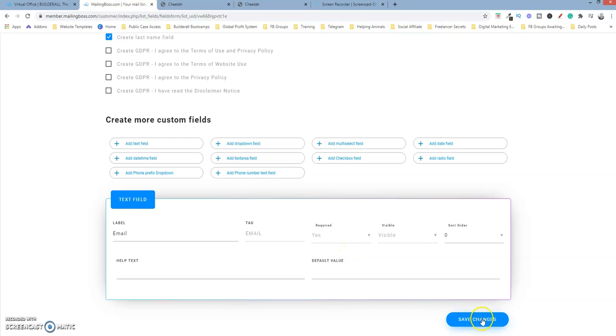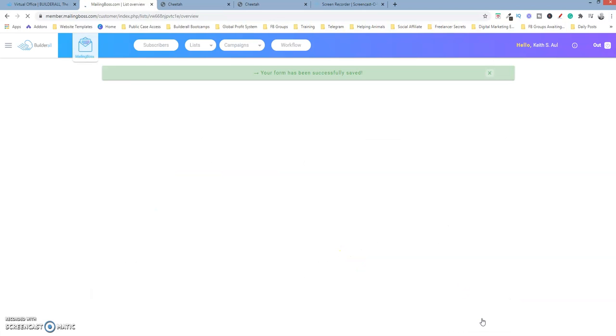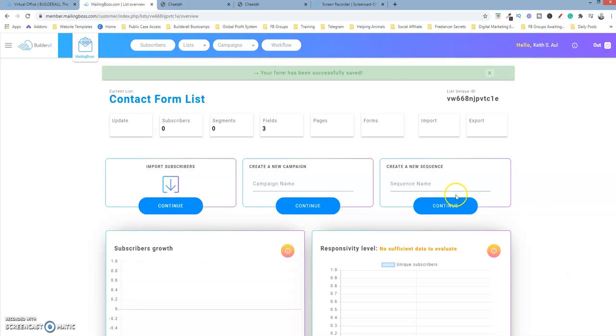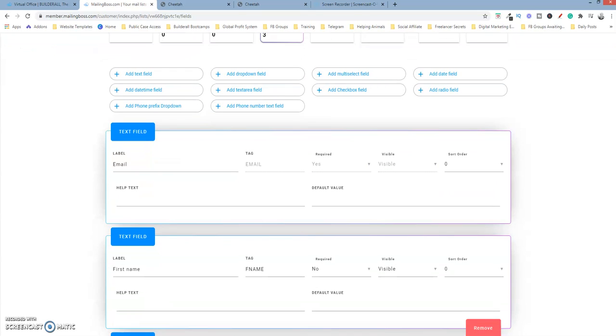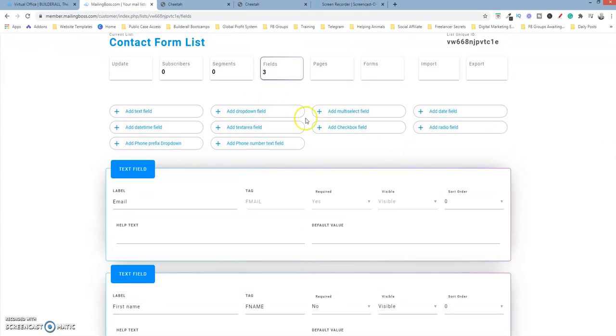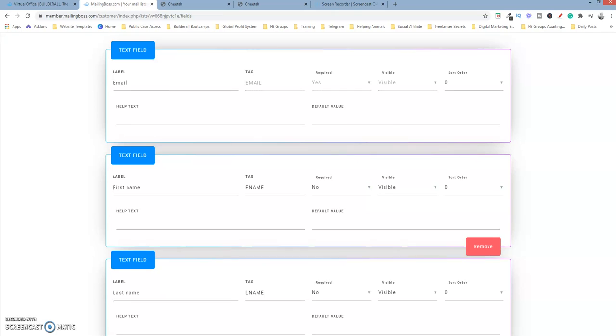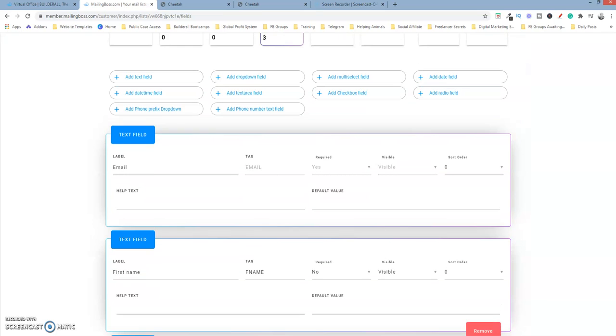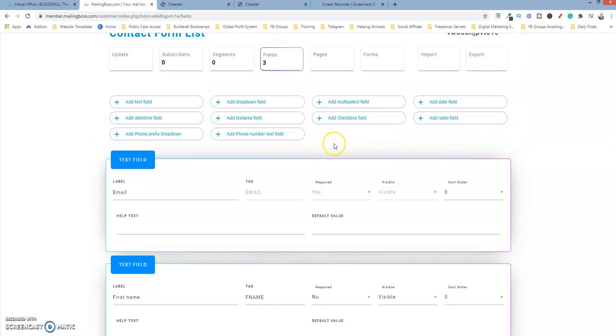So that's what we're going to do, just to show you that you can add it again. So we're going to go to Fields here. Okay, so you have the options of adding more fields on this step too. So we have the email, the first name, last name. We want to add a phone number,